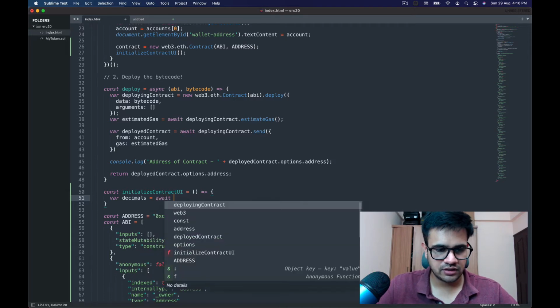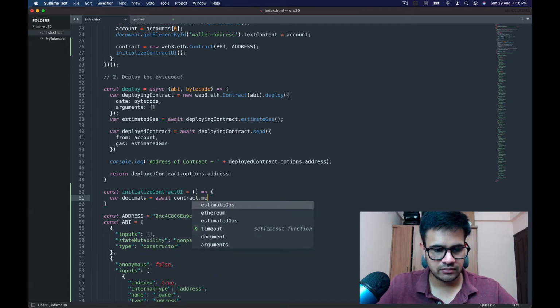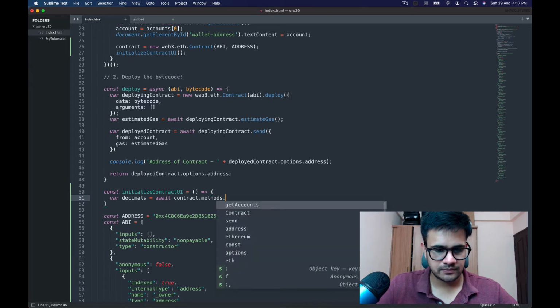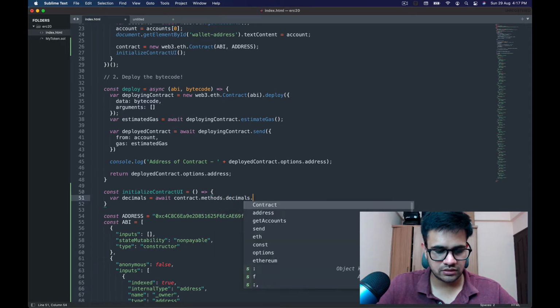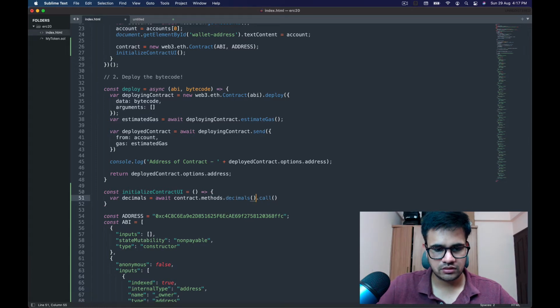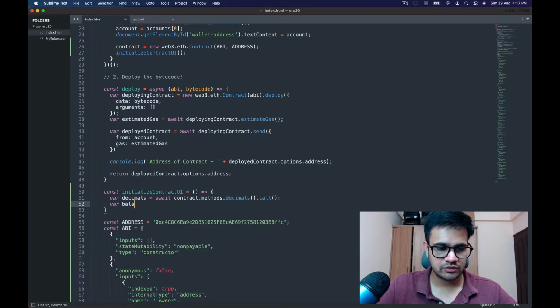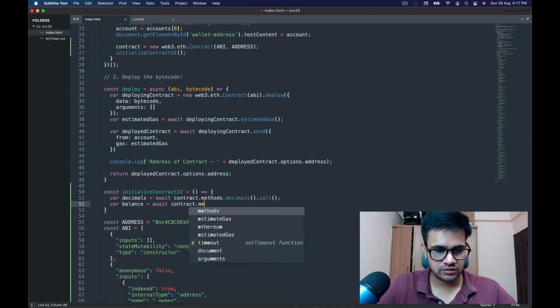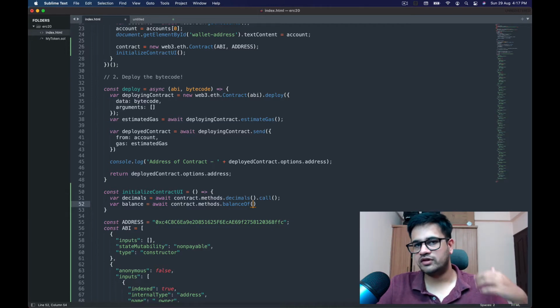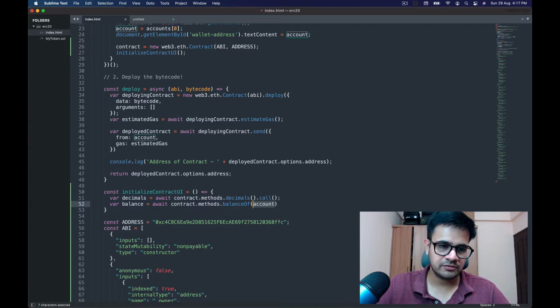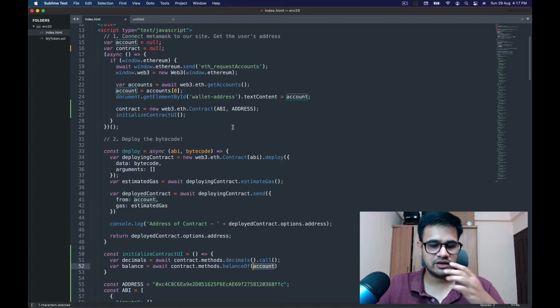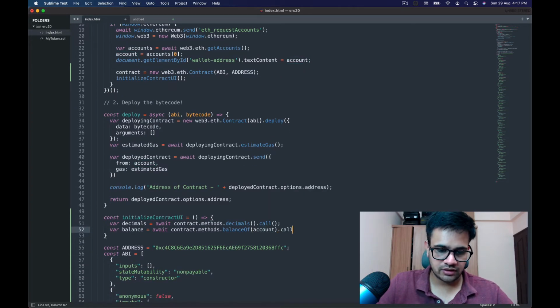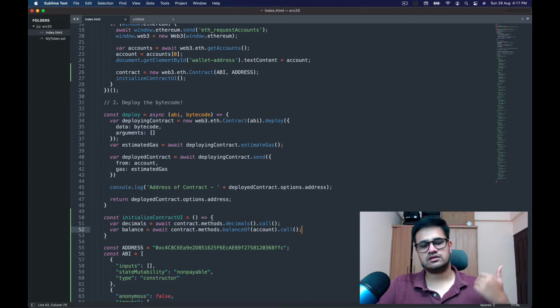So I'm going to await contract.methods.decimals().call(), and then we are going to figure out the balance of the connected user: methods.balanceOf, and in here we need to provide an argument, which will be the account argument. We're storing the address over here. So we're going to call account and then just call this method.